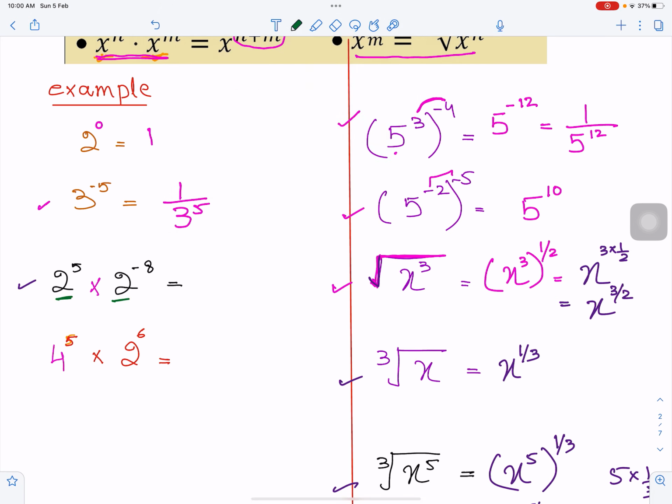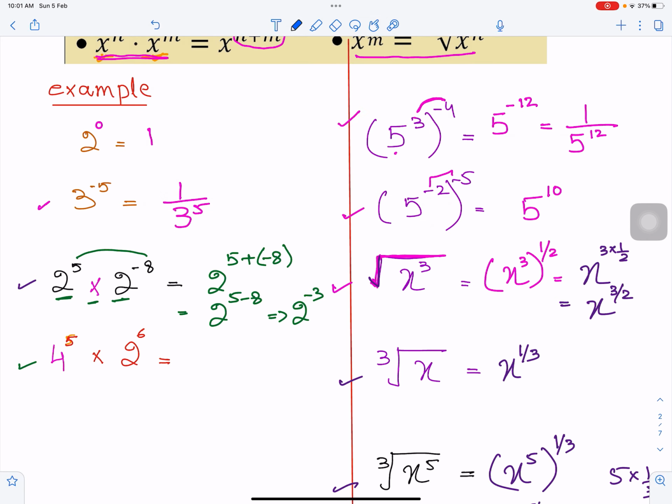Base is the same, powers are different and there is a multiplication sign between them. So what will happen? Powers will add up. 5 plus minus 8. Now plus minus is minus, so it means 5 minus 8, which means 2 power minus 3. Now here if you see, this is a little tricky. Base is different, power is different. Now what to do? In that case,